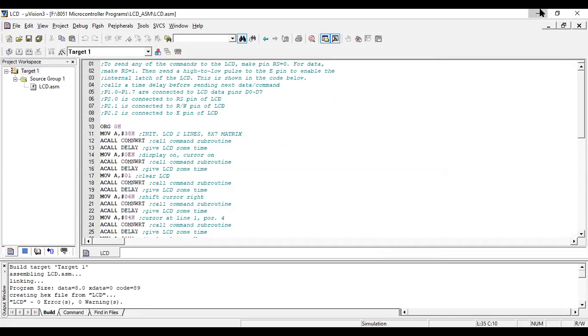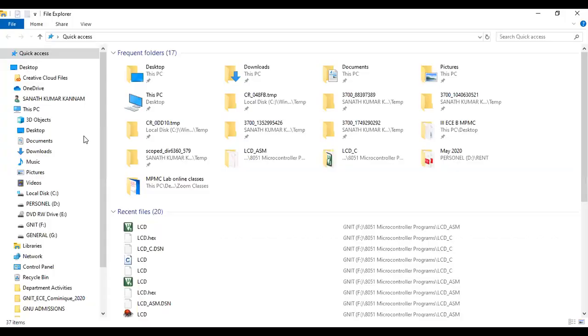So where is the hex file created? Here in my folder, the hex file is created. I will show you.